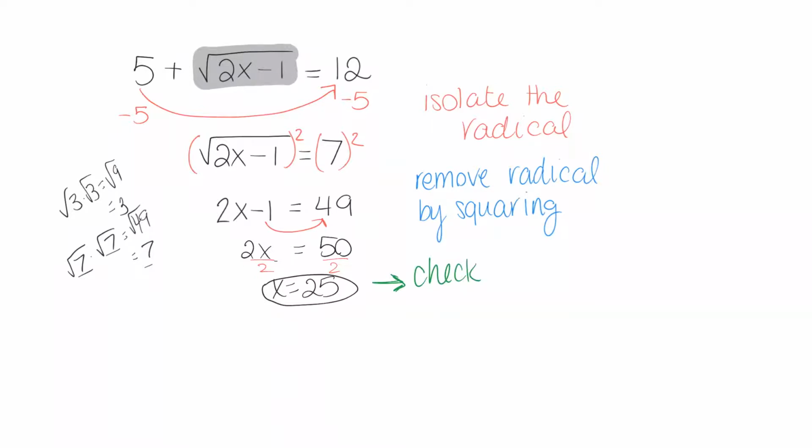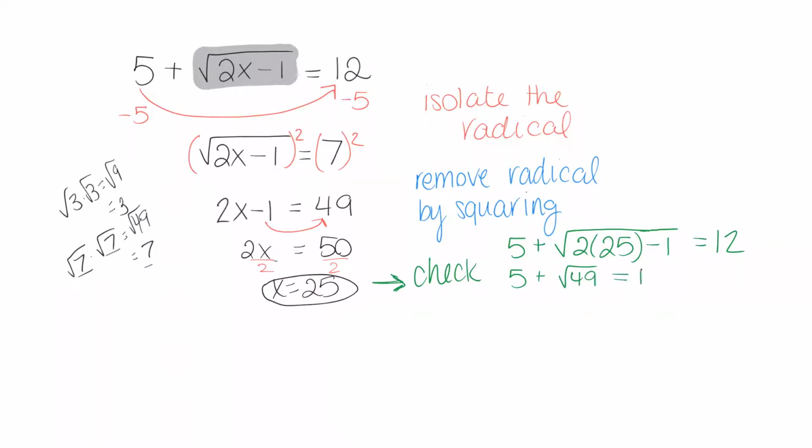And to do that, all I'm going to do is rewrite my problem and plug in the number that I think is x. So I'm going to plug in 25 here. Keep that all under the radical. And now I'm just going to work this out. So 5 plus 2 times 25 is 50, minus 1 is 49. So the square root of 49